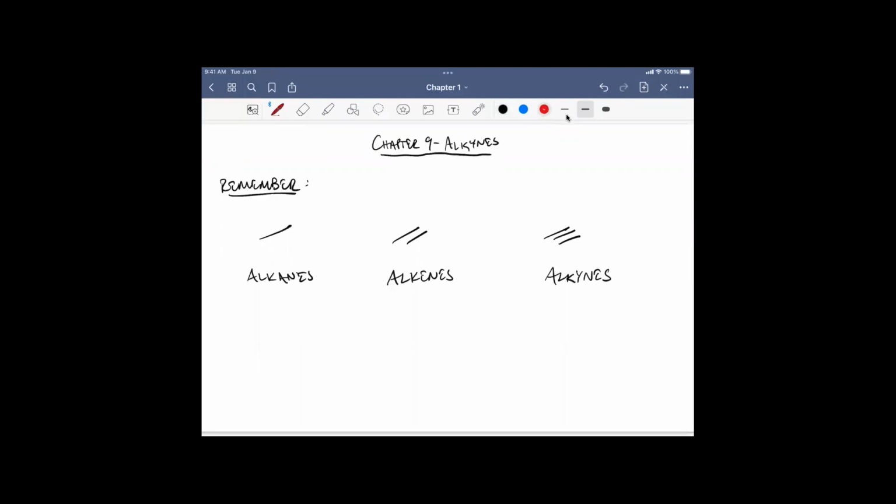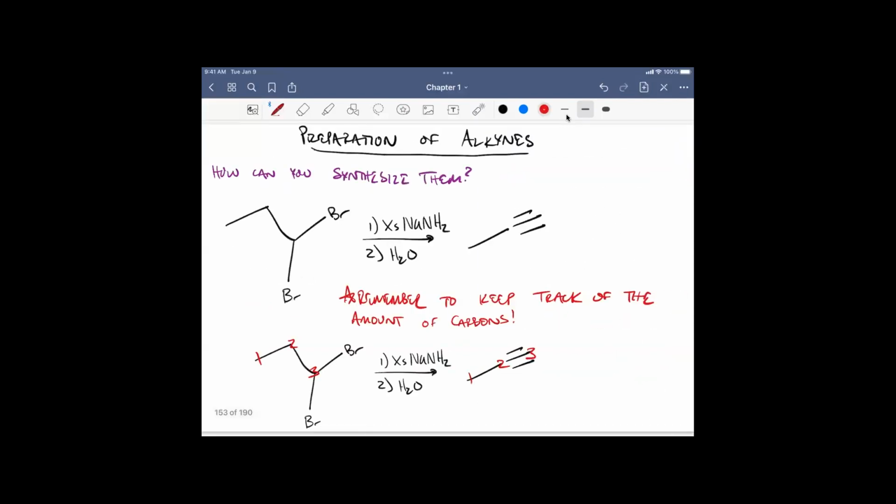So just to review, we looked at alkanes. So we looked at substitution reactions. That wasn't technically alkanes, but we looked at substitution reactions. We looked at addition reactions with alkenes, and now we're on alkynes, which are triple bond reactions. So first question you should ask yourself is how do we prepare these alkynes just from regular hydrocarbon chains, maybe with a halogen or two, and this is how we do